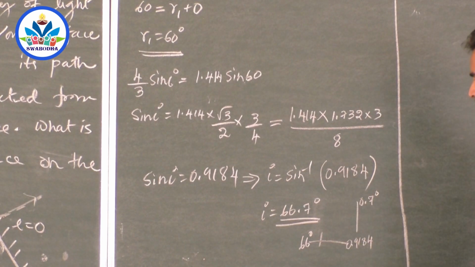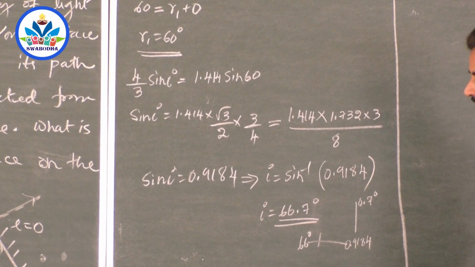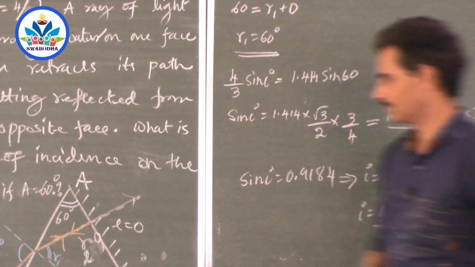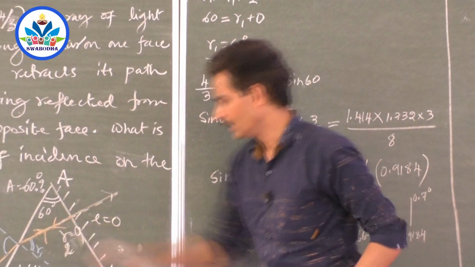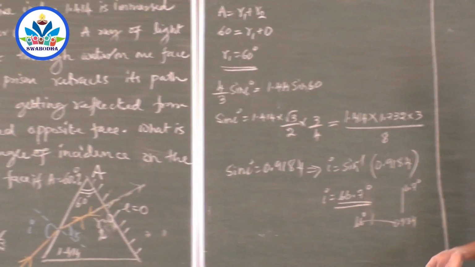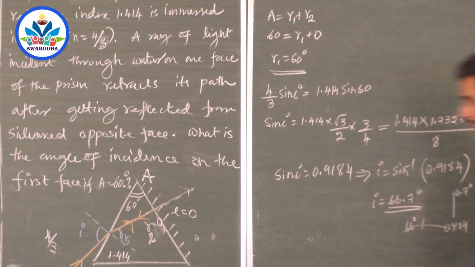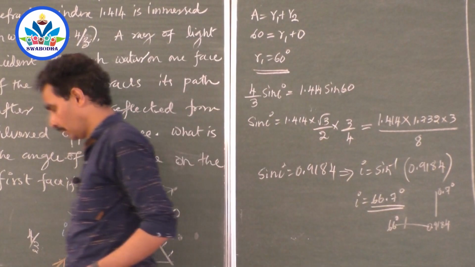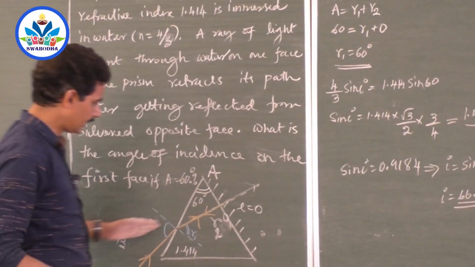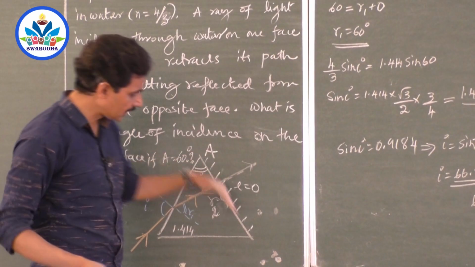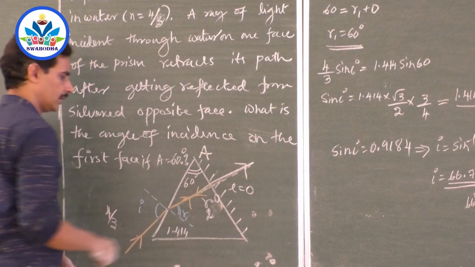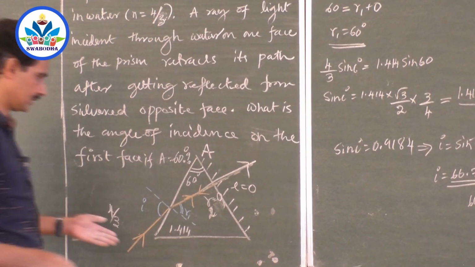So the ray of light must be incident at that angle such that after refraction it should fall on the opposite face, which is silvered, and get retraced in the same path, and it comes back since it is silvered. Otherwise it will move normally to the other face. So this problem may be framed in the other way also. A ray of light is incident in water such that after refraction the ray passes normally through the other face. If it is not silvered, it passes normally through the other face. What is the angle of incidence if this has to happen?